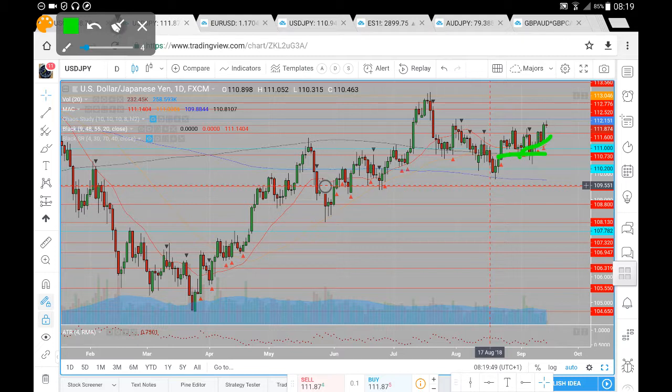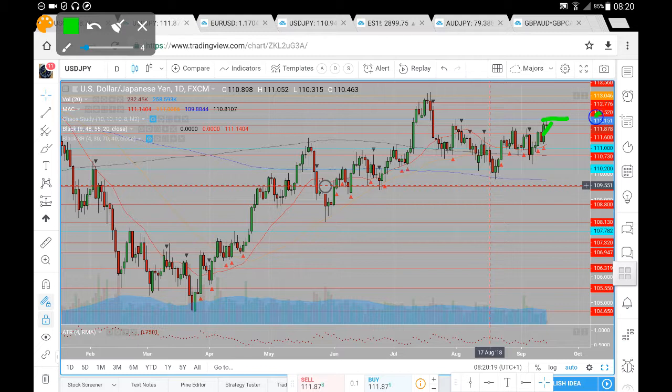More recently we can see over the past couple of days we've had that bullish buy side momentum coming into the market. Yesterday we did have a pretty strong day in terms of open to close range, and the fact that we did close near our highs from the price action yesterday on the US dollar Japanese yen. We've had this rally so far rejected, so we may just see a bit of a pullback before seeing this continuation of the trend that we've developed over the past couple of days here on the US dollar Japanese yen